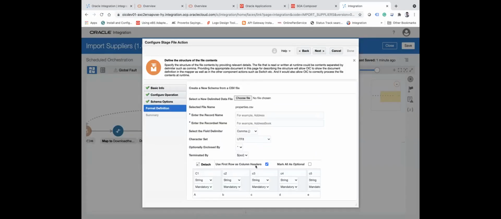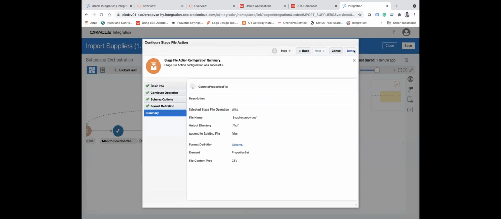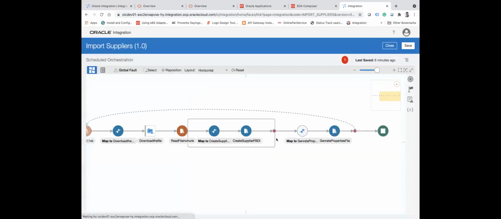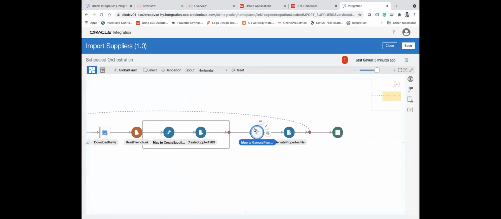Okay, so here C1, C2, C3, everything is there. Now I'll say property and then property set. Fine. Next, and then finish. Open this file,